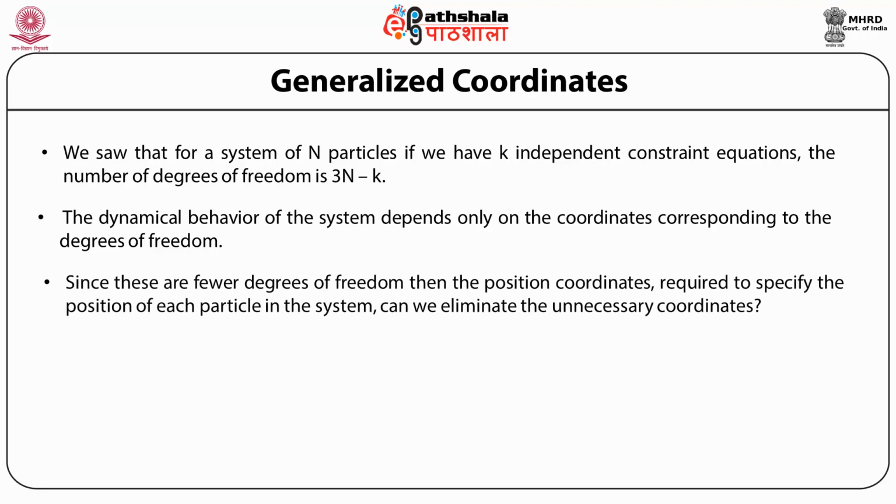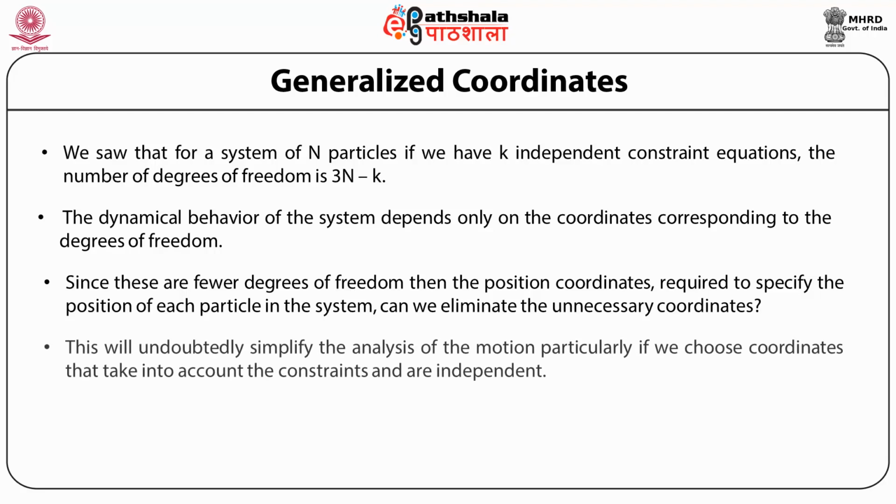Since there are fewer degrees of freedom than the position coordinates required to specify the position of each particle in the system, can we eliminate the unnecessary coordinates? So this is the question. Because the number of coordinates to fix the position of the system is more than the degrees of freedom of the system. This will undoubtedly simplify the analysis of the motion, particularly if we choose coordinates that take into account